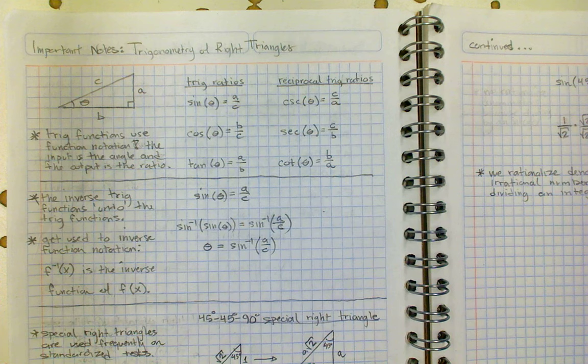In this video, we're just going to walk through some of the important notes about right triangle trigonometry that we've covered in the last couple of lessons. A lot of this is review. In a right triangle like this, if I consider this angle right here to be theta, and these A, B, and C to be the side lengths,